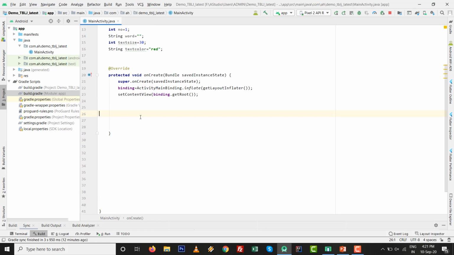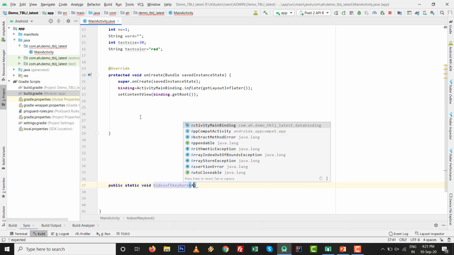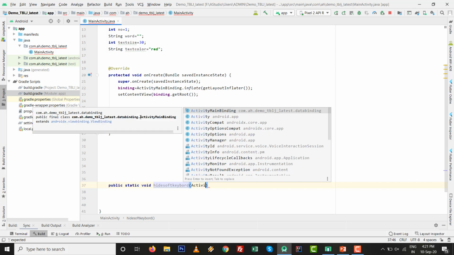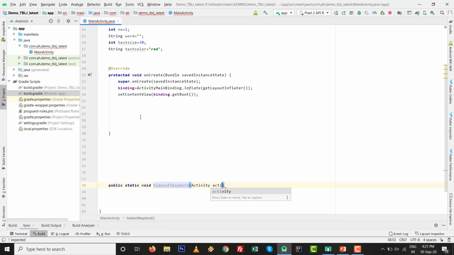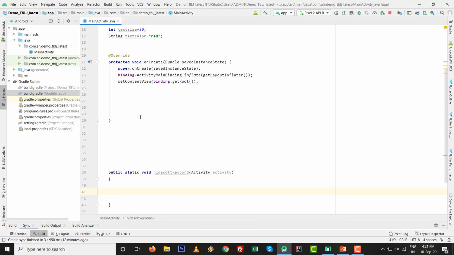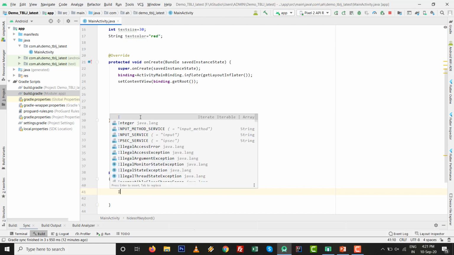So after that, first we write the coding to hide the keyboard, public static void hideSoftKeyboard with the activity. Then inside that we need to write certain code to hide the keyboard with input method manager.